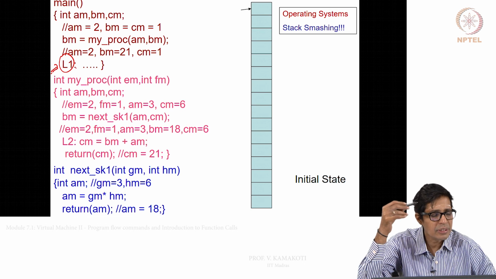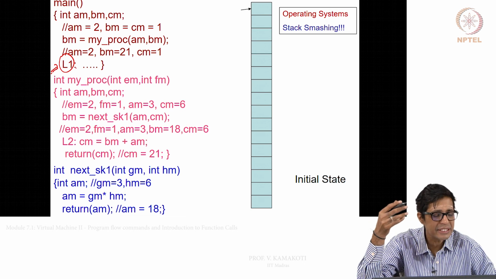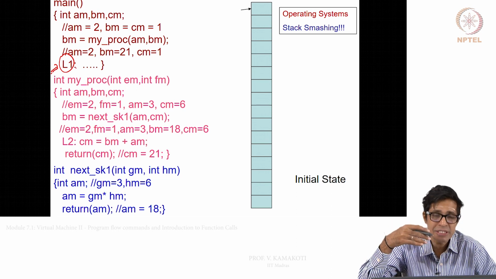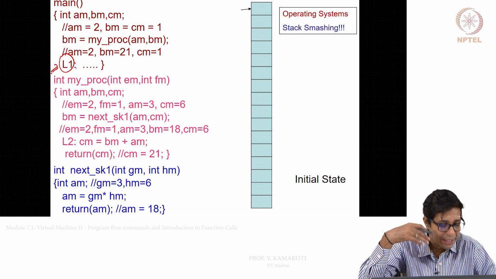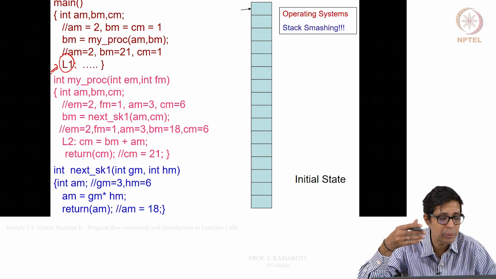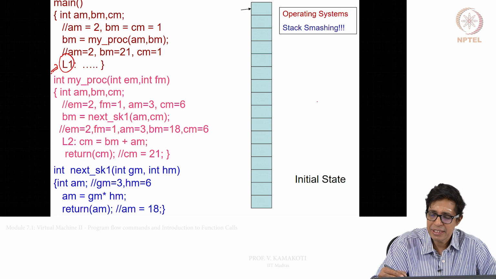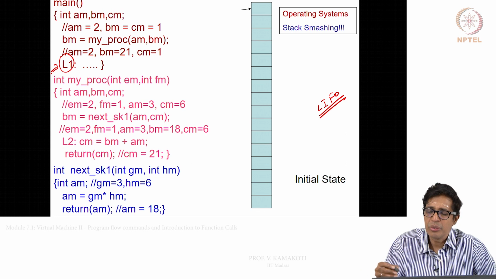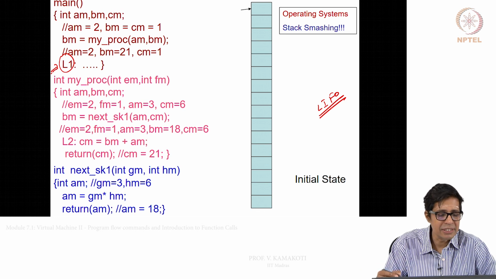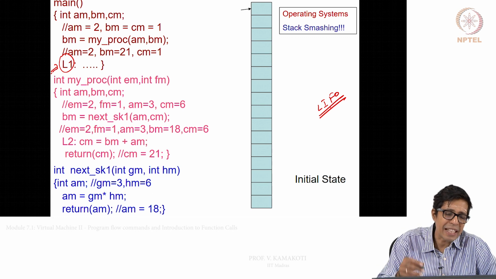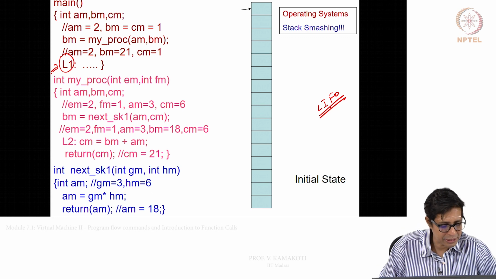So, the last to be called, so who finished first? Main did not finish, myproc did not finish first, myproc in turn called nestsk1, nestsk1 finished first and then it was myproc and then probably it is main. Okay. So, the last in is the guy, last in first out. So, the last in is the guy who finishes the first, and so that is how the stack also works, right. So, stack also works on what we call as the last in first out policy, and that is why stack is being used for all these computations, right.